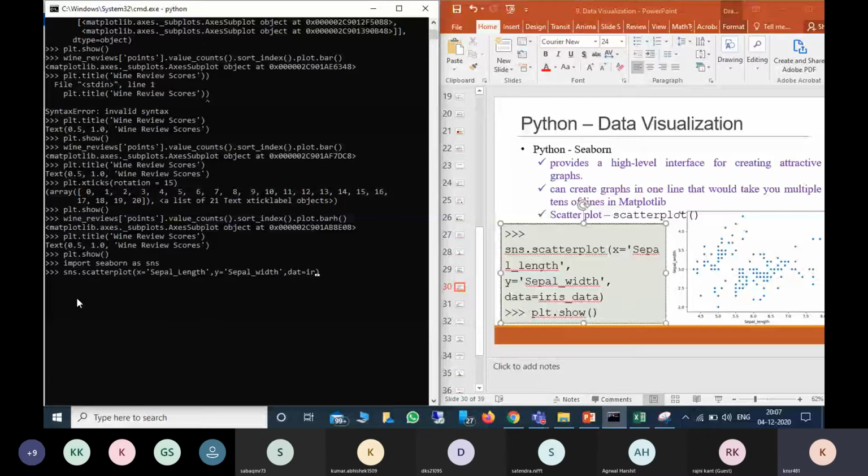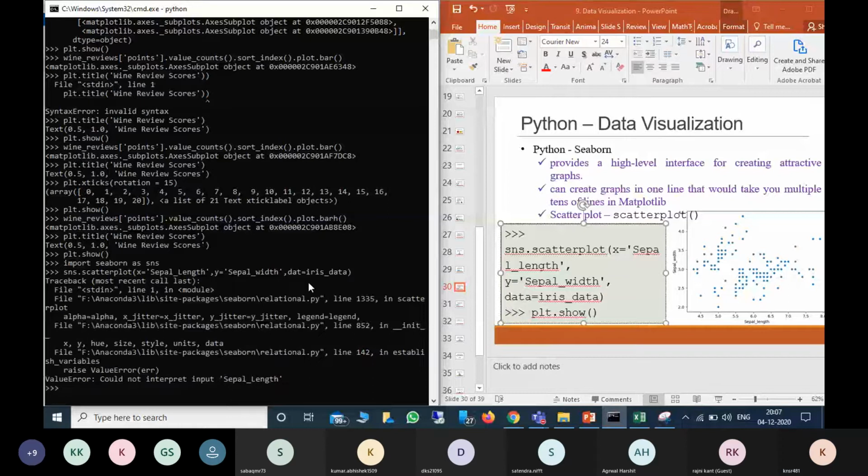So data equal to iris data. So previously what happened, we had to give x label and y label, but here automatically it will give the column names which we are giving from that data set. Sorry, one mistake I made, I gave a capital L. So it is always case sensitive. I have to consider that.